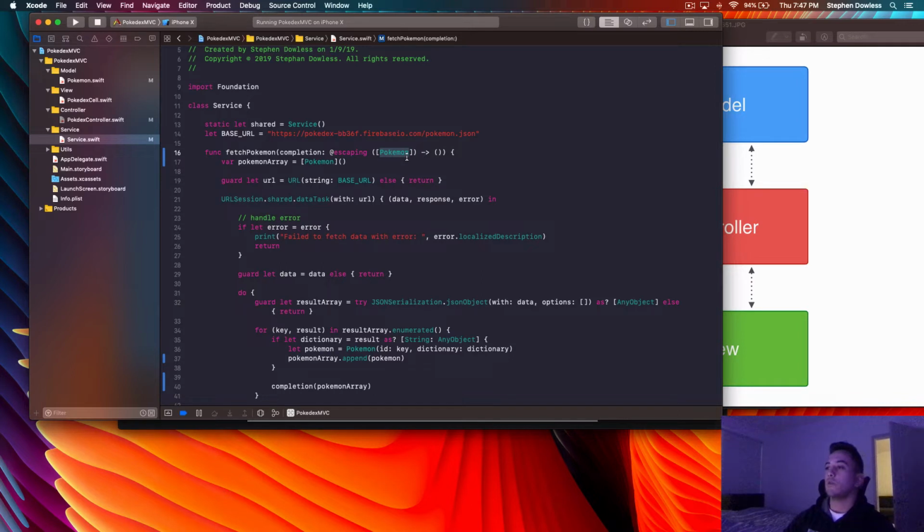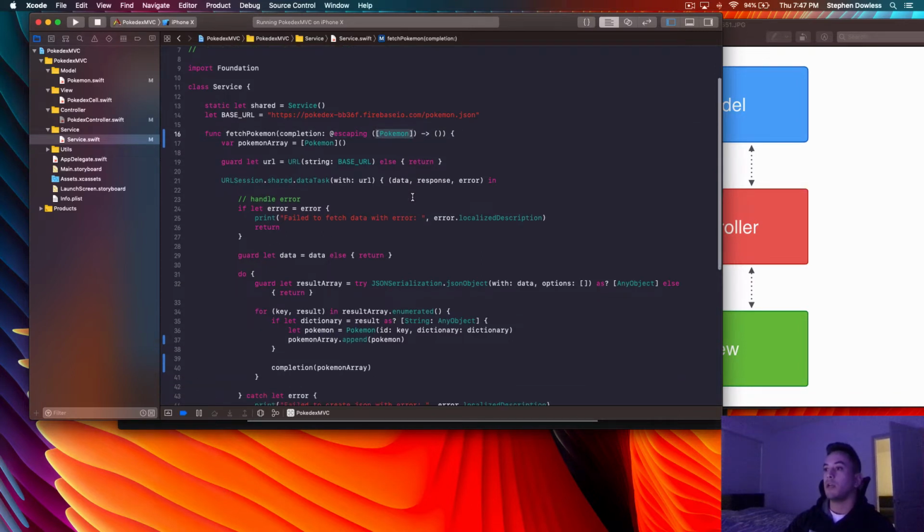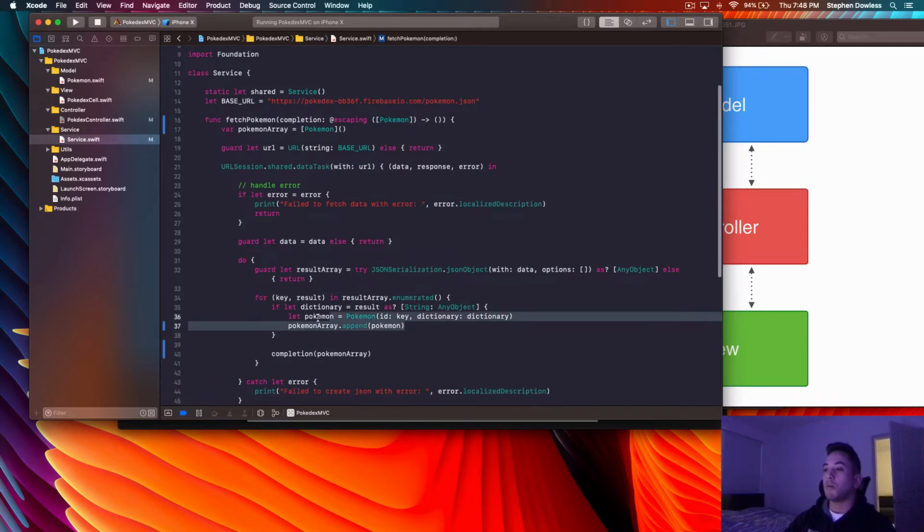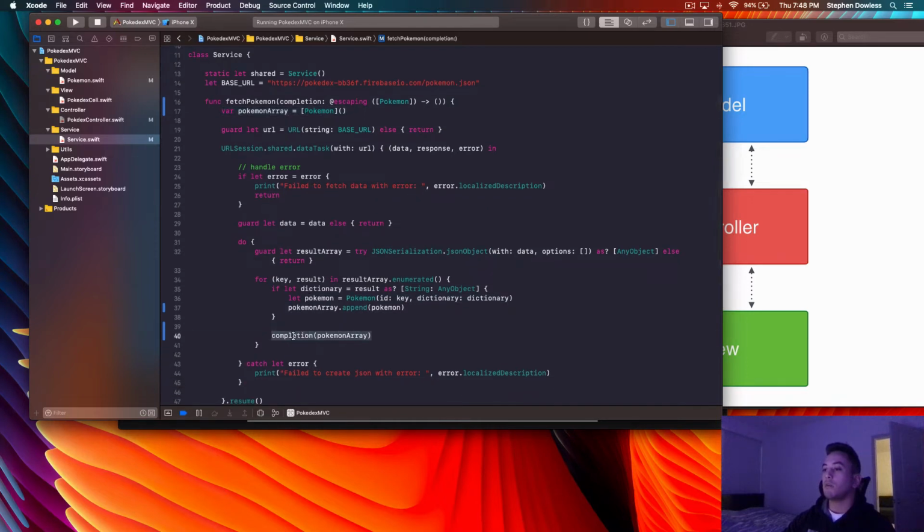And in this case, we are going to say our function is done and pass in this array of Pokemon. So after this API call is complete, and all of these Pokemon have been added to this array that we created, then we say, okay, completion Pokemon array, meaning this function is done, that Pokemon array is fully populated. And when we call this completion or this function, we have access to this Pokemon array.